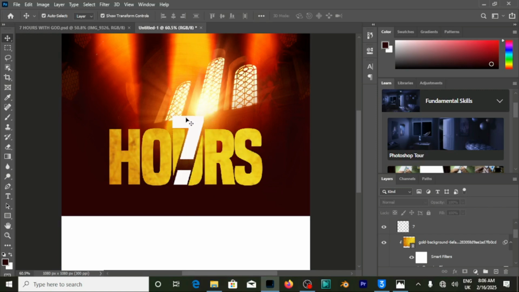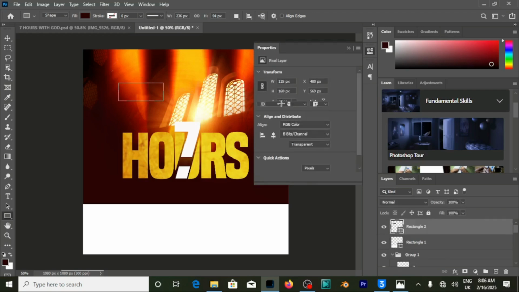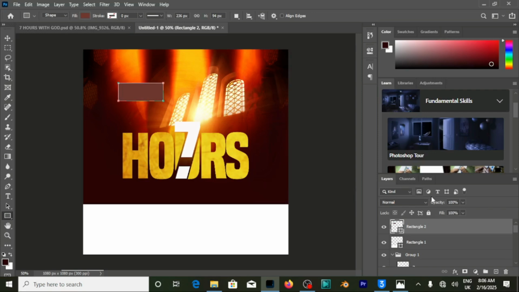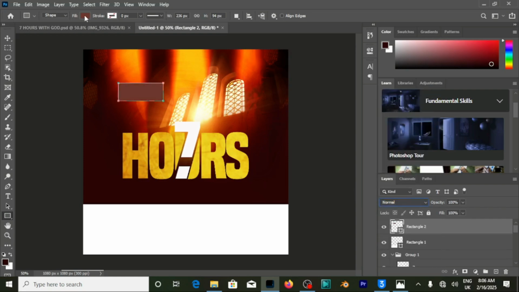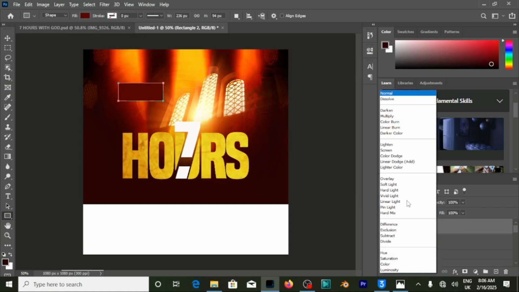So with the shape of the 7 being created, let's actually reduce the size of this. And now let's create a rectangle here, and then draw a nice rectangle here, on which we will be placing the church logo. And now let's choose this color, and we have to go to the blending options and choose a nice blend for it. I think I will have to choose the first color, which is this one, and then go into the blending options,